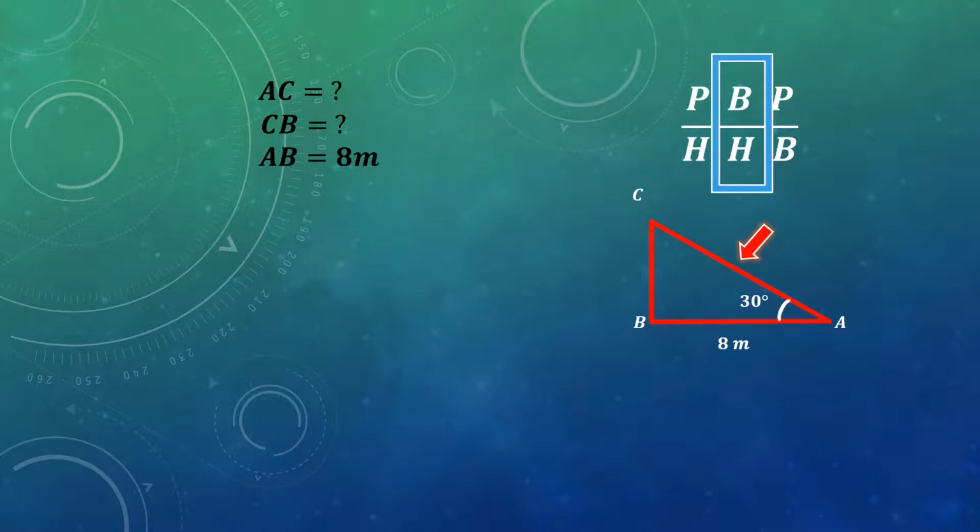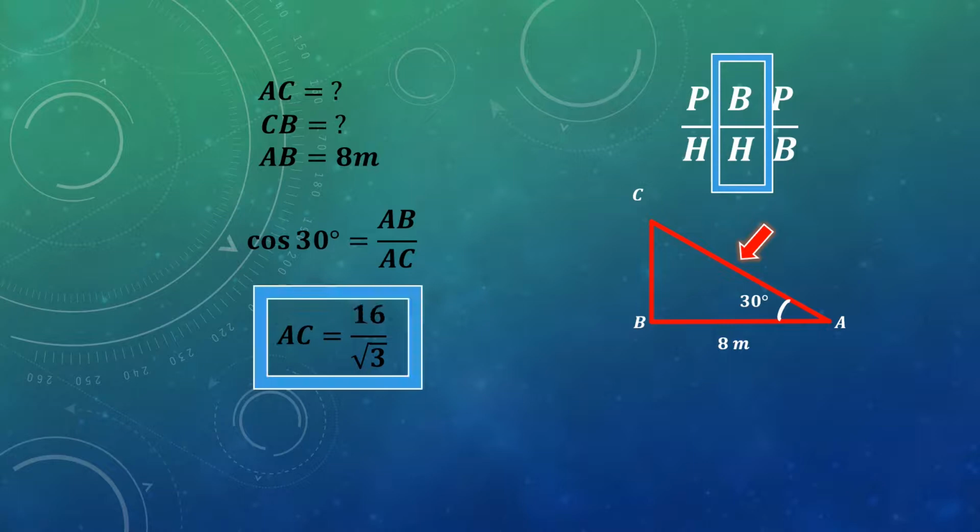And cos of 30 degrees is also something which I know. So I can write my equation as cos 30 degrees equal to AB upon AC. Cos 30 degrees is equal to root 3 upon 2. AB is given to me as 8. I've simply written what was given. I'm going to cross multiply, and I see that I have the value of AC equal to 16 upon root 3. As of now, let us leave it as 16 upon root 3.